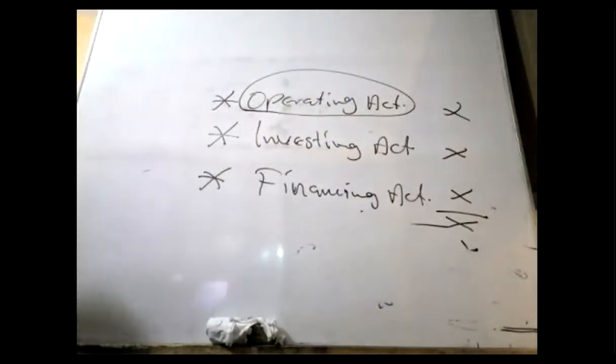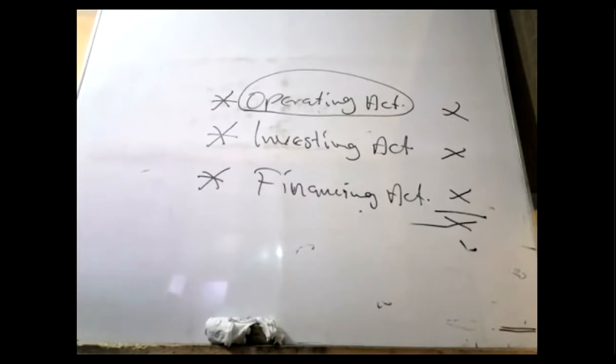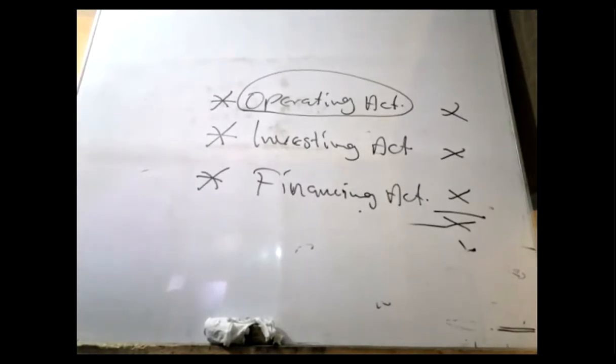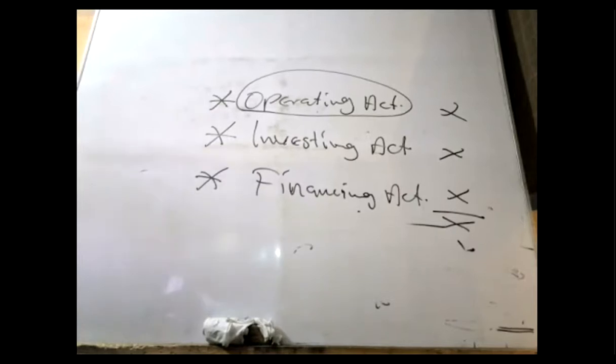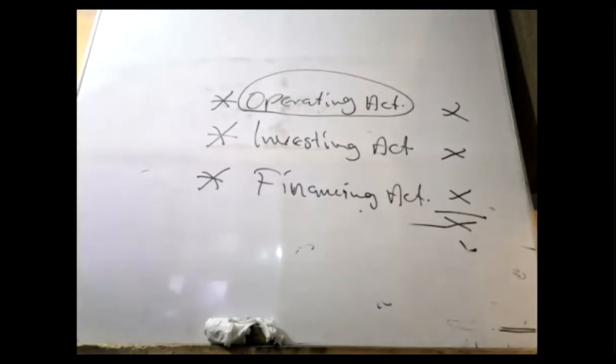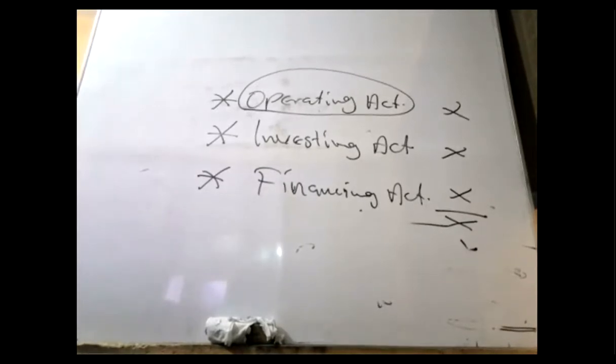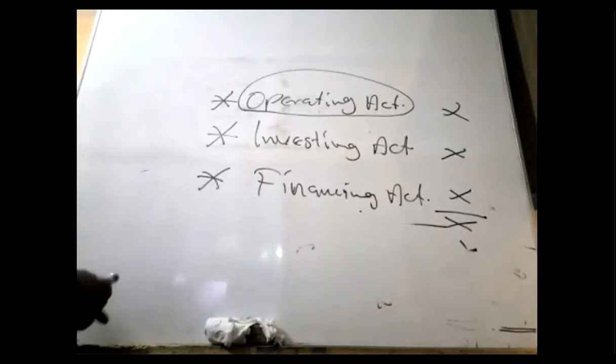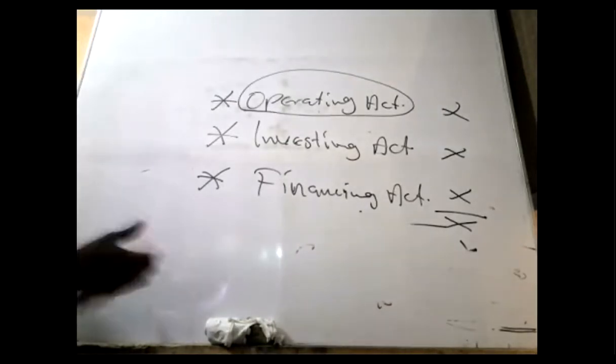When you talk about operating activities, it talks about cash movement within the core purpose, your ordinary activity, your core trading. So it talks about the cash movement, about the trading activities of the organization. So the operating activity basically talks about your core purpose. Now, what are the items that fall under operating activity?